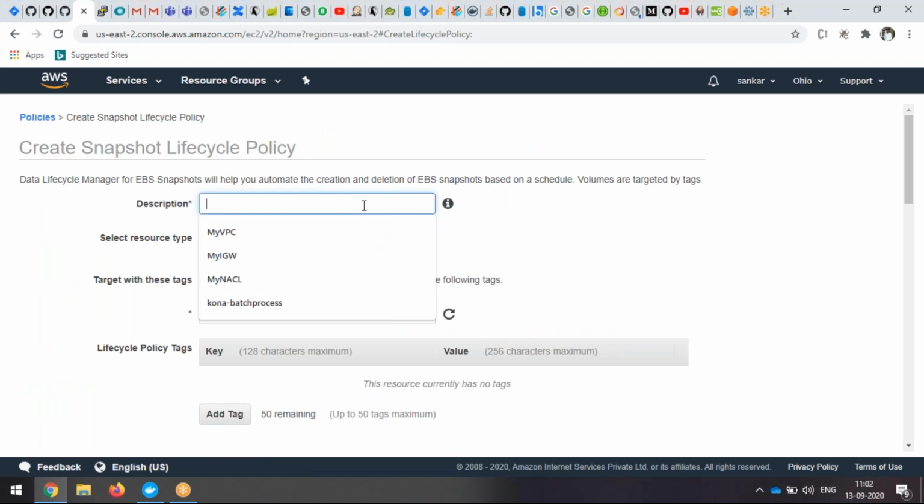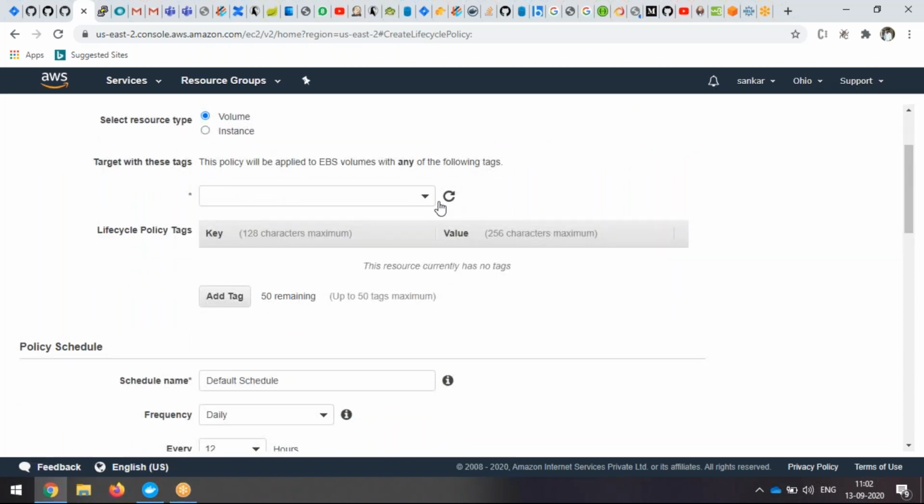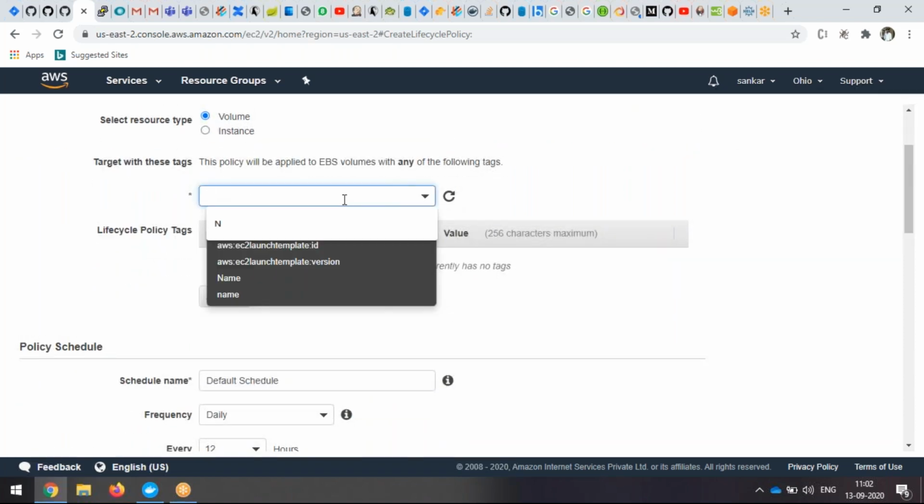Then here, suppose dev backup, some name, right? So here it is going to ask you for the volume or the instance, right? Usually it will be the volume only, right? For an instance, we will go with the AMI instead of taking it from here. So now here the tag, the tag I am going to choose is name,